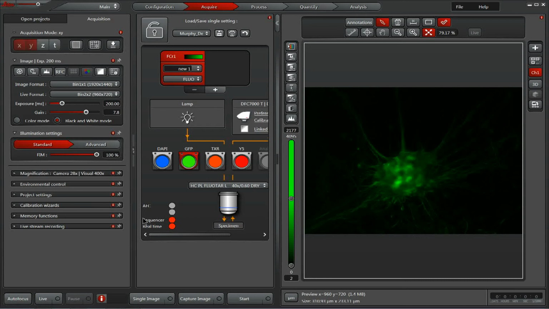The LAS X software package from Leica Microsystems has received a major upgrade. Coming with version 3.3 is access to a brand new feature that we're calling Navigator. On your Acquire tab, here on the left side in the Acquisition panel, LAS X Navigator allows access to this